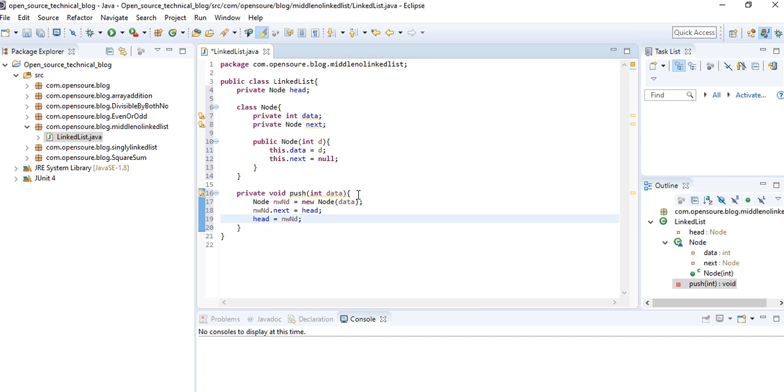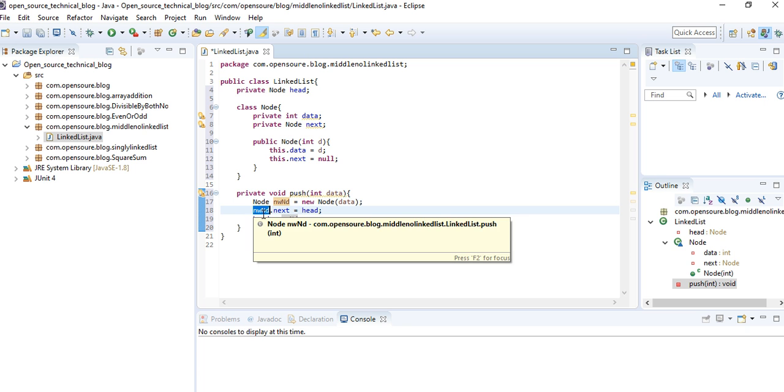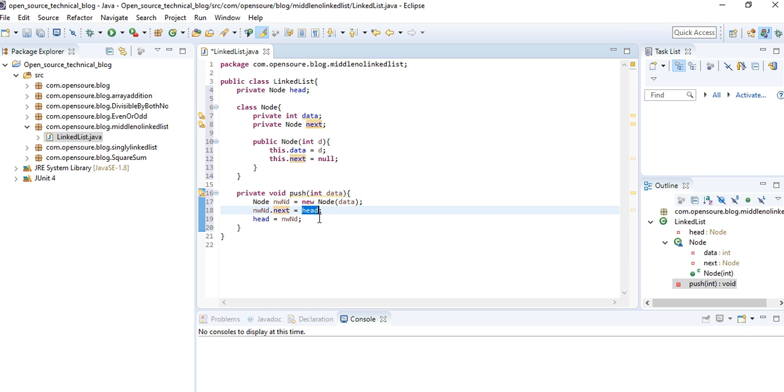In this method we are going to push the data to the new node, and in this line new node dot next, I'm assigning to the head. So initially head will be null.